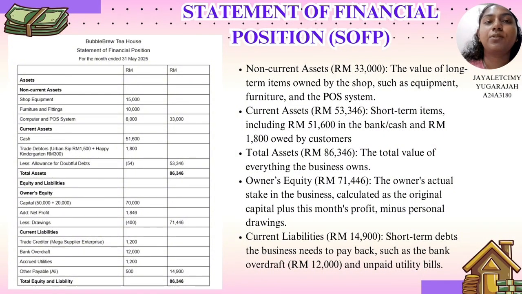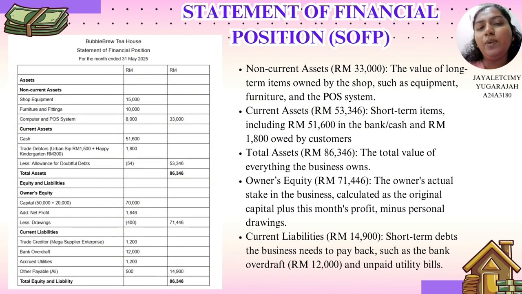First, the business has non-current assets of RM 33,000, which includes shop equipment, furniture, and fittings, as well as the computer and POS system. Next, the current assets total RM 53,346, consisting mainly of cash in the bank and trade debtors after deducting allowance for doubtful debts. Therefore, the total assets of the business amount to RM